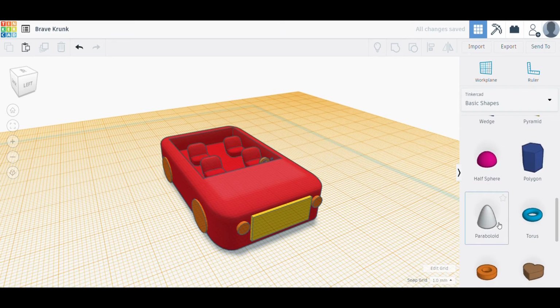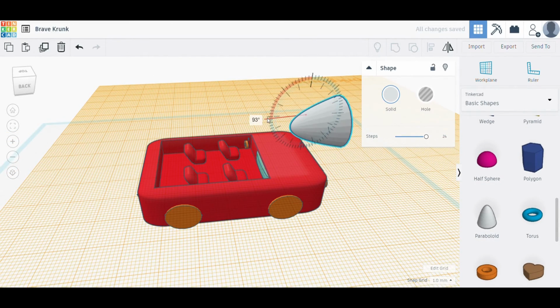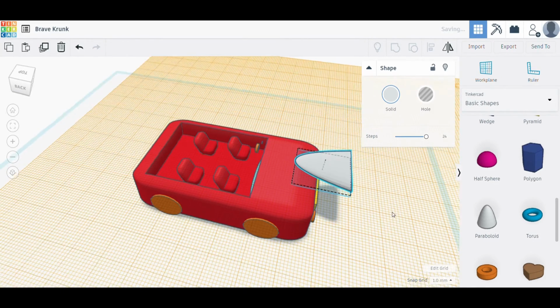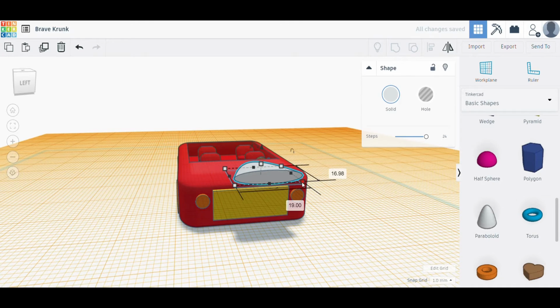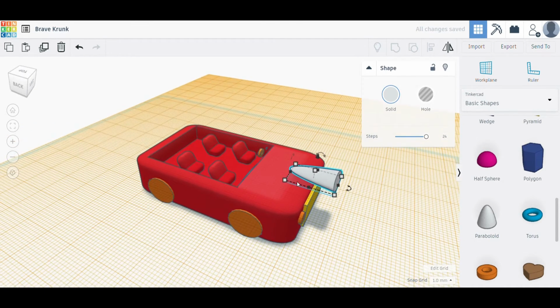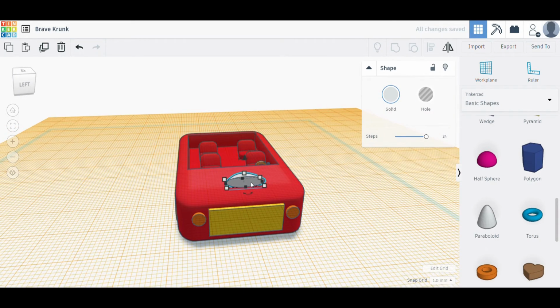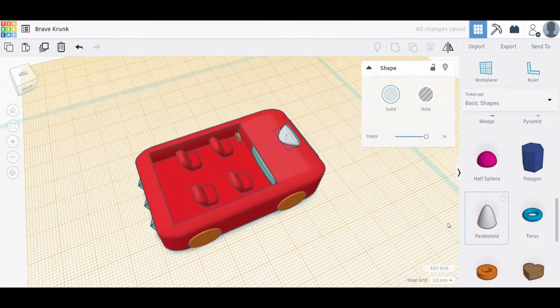Let's make a muffler for our hood. For that we can use this paraboloid shape. Rotate it, and after adjusting its size, we can submerge it into the hood. Now that looked fine.